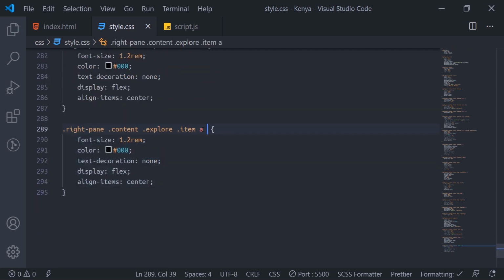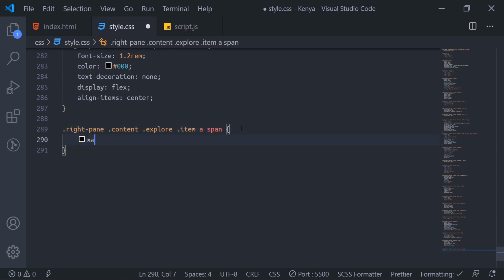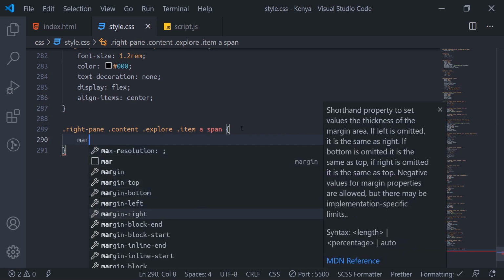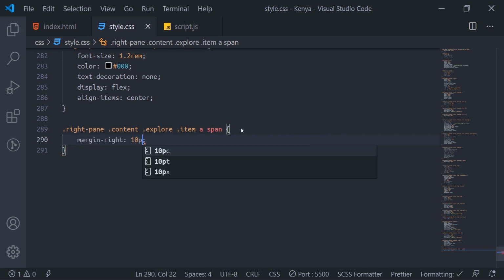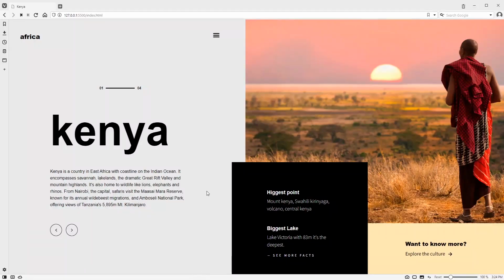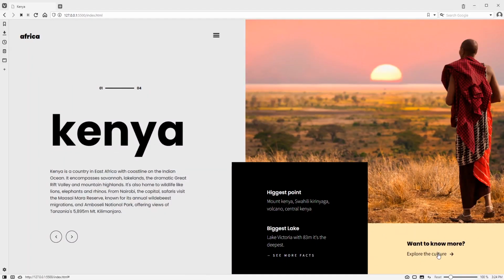So inside the anchor tag, for the span inside the anchor tag, we just set margin right to like 10 pixel. Okay, so now we've got our design.